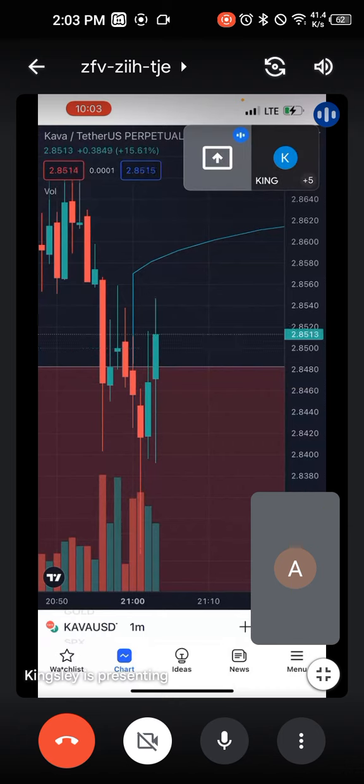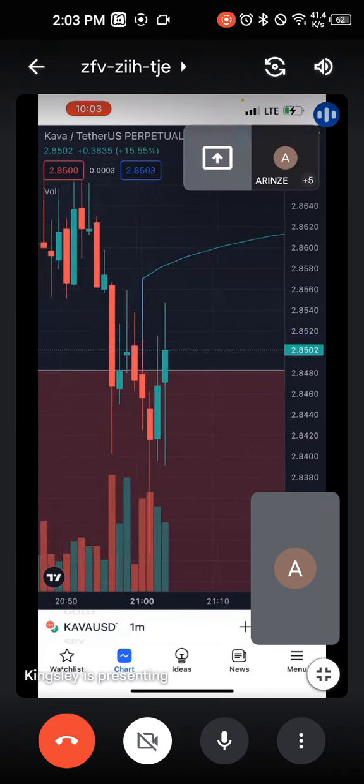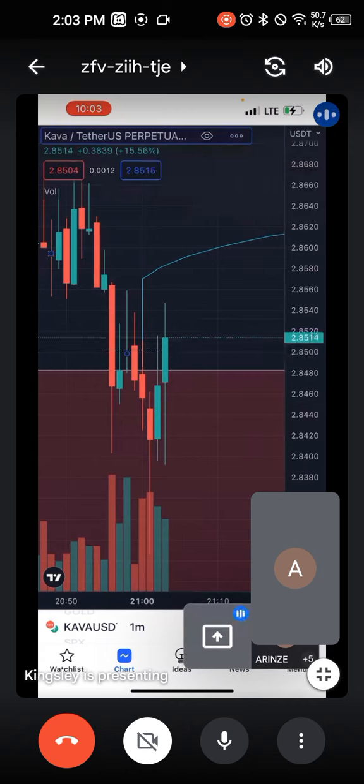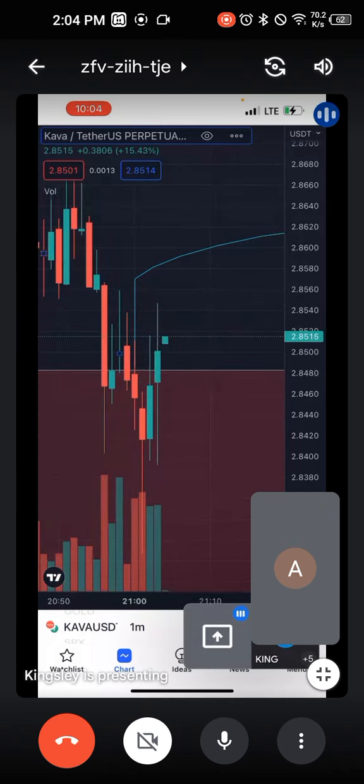That's how a wick is formed. Now, if you are closing above it, if you are pumping green, the candle will be closed like this. If you are going down, it will leave only the wick, and then the other candle body will start going down. Yes, it will leave only the wick, and then the other green part will start going down.